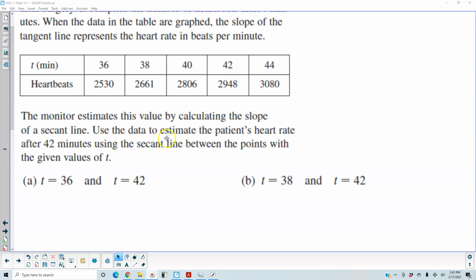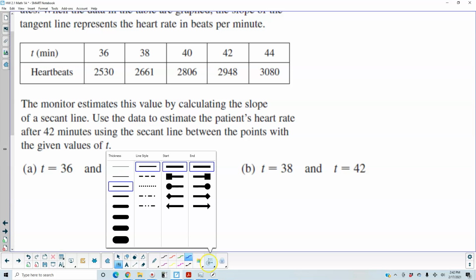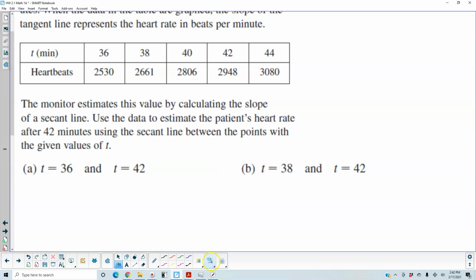We're going to use the data to estimate the patient's heart rate after 42 minutes using the secant line between the points with the given values of t. So for part A, we're going to find the slope going from t equal to 36 to t equal to 42. So to find the slope,